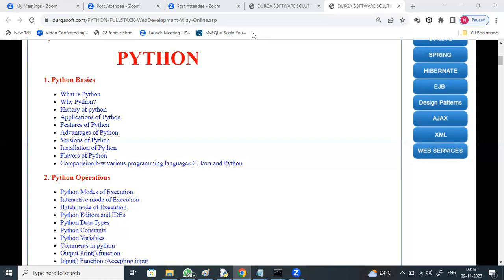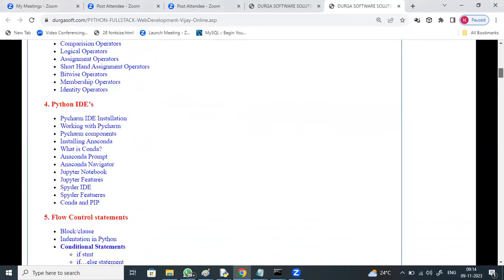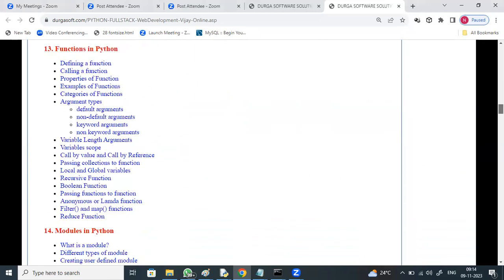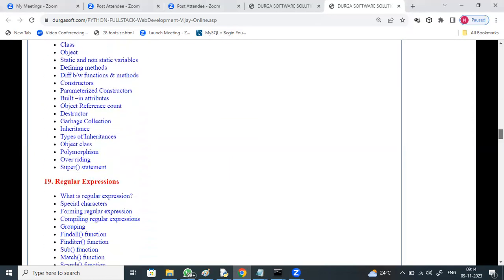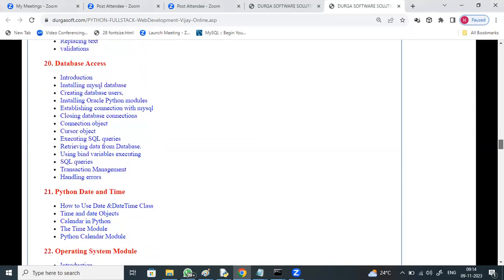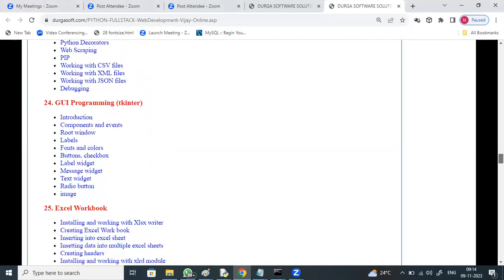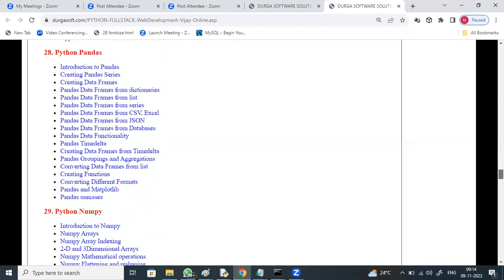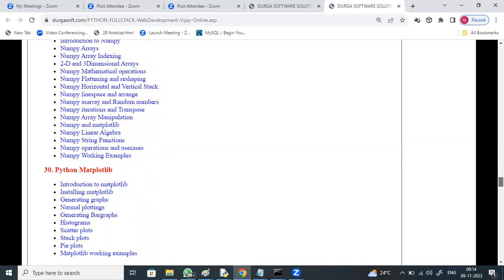If you see the course content, observe this. We have kept a very huge syllabus, showing how Python is implemented in different domains. Basic Python, then modules, what is a module, packages, file handling, object-oriented programming, regular expressions, database connectivity, datetime module, OS module, advanced concepts, graphics, working with Excel, data analytics, data science, pandas, matplotlib, NumPy (numerical Python), plotting and visualizations.